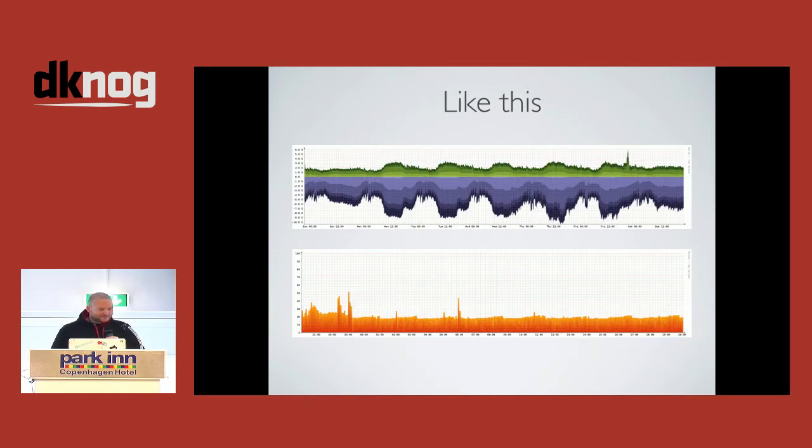Let's see. So yeah, the top one there, it's just a stacked traffic graph. So that's all of the ports on an individual device, all stacked together to show you the total traffic usage. And it's a CPU graph below. Again, it's stacked with all the cores within the system. You can't really tune the graphs at the moment how you like them. They are set as they come out of the box. But we are looking to change things like that and provide a bit more flexibility.